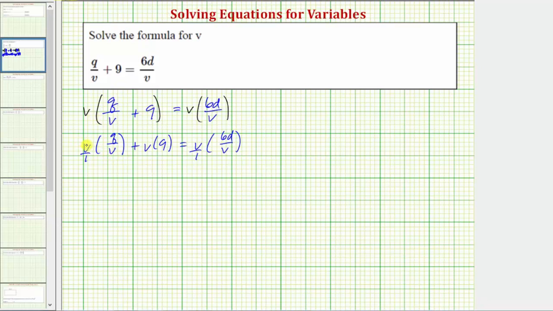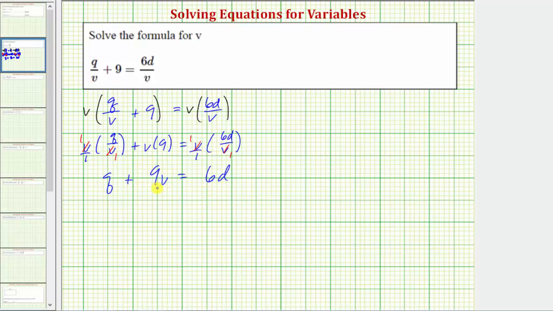Notice how here we have a common factor of v. v over v simplifies to 1 over 1, and therefore we just have 1 times q, which equals q, plus v times 9 is 9v equals, again here we have a common factor of v. v over v simplifies to 1 over 1, and therefore this product is just 1 times 60, which equals 60. Notice now the fractions have been eliminated, and now there's only one term that has a v in it, this